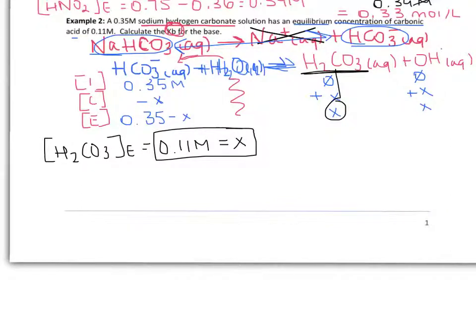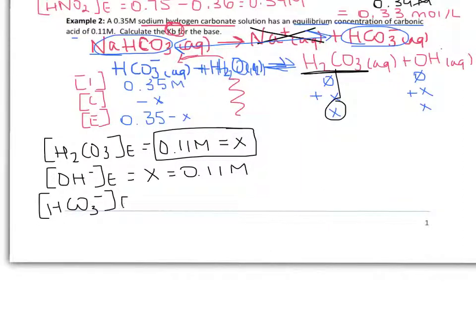Once you have solved for X, you can solve for the other species required to find the equilibrium expression. And hydroxide at equilibrium is X, which is 0.11 molar. And the hydrogen carbonate ion at equilibrium is 0.35 minus X, which would be 0.24 molar. I'm actually going to write that down below to give myself some room. So this is